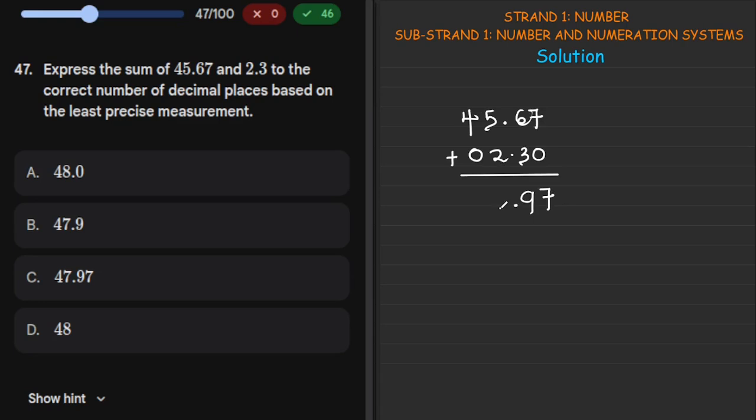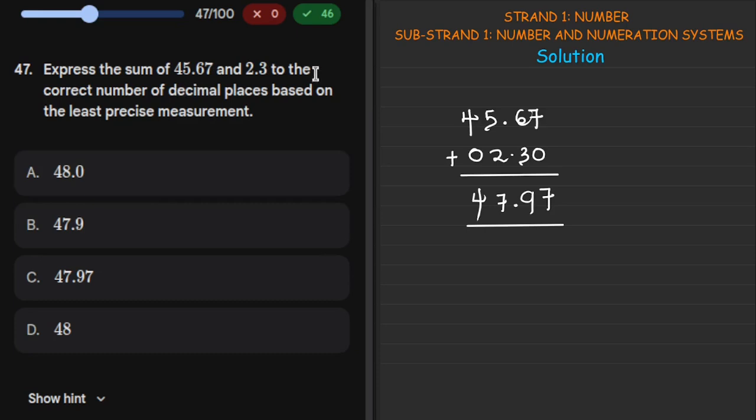And then we have 5 plus 2 giving us what? A 7. Then 4 plus 0 giving us a 4. So this becomes our answer after the, what? The sum, the summation. Now it says we should correct it to the least precise. Now, the more decimal places you have, the more precise we want to get, you see. So